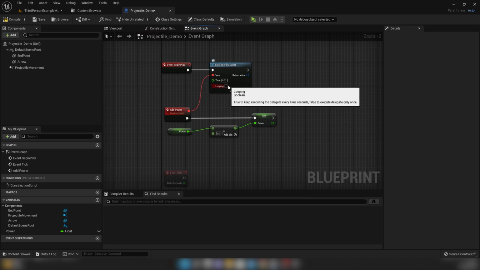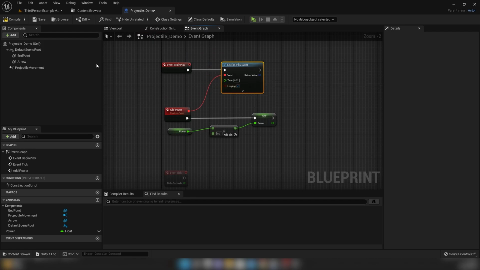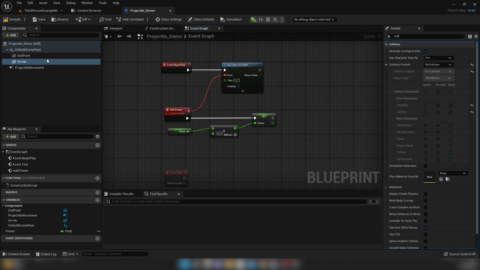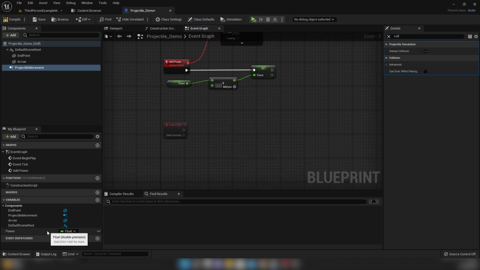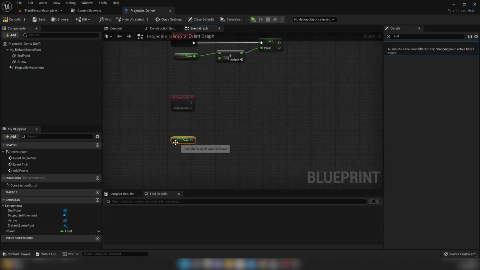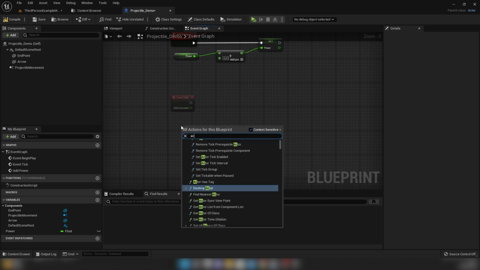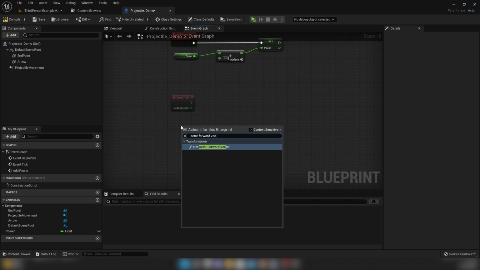Cool. So that's looping as well. So we've got our two meshes, both with collision turned off. We've got projectile movement, and we're adding a power variable. Great. So what we want to do is take our power, and we want to get the direction of travel that we're moving in. So we'll do actor forward vector,